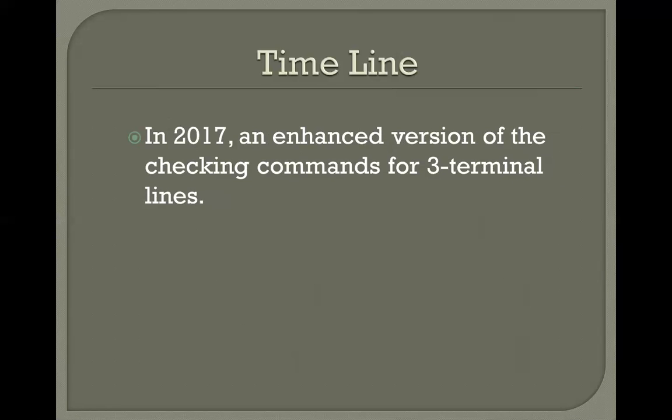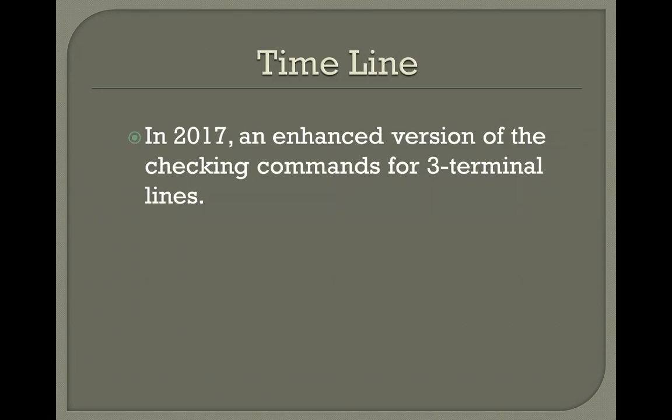Now, to make this possible, I want to bring to your attention that in version 14, there's a new tap bus status for buses that are at the middle of 3 terminal lines. So I suggest that if you have extra time, go around your system and mark those middle buses with this new flag, so that when we start checking 3 terminal lines, we will know a sure way to look for them. And no, I'm not going to show you the end slide yet, because it's not the end.